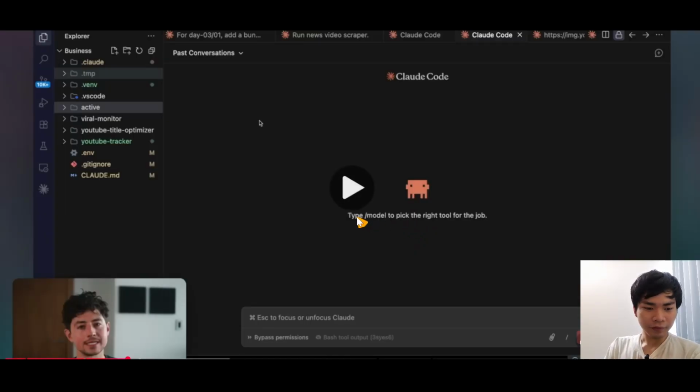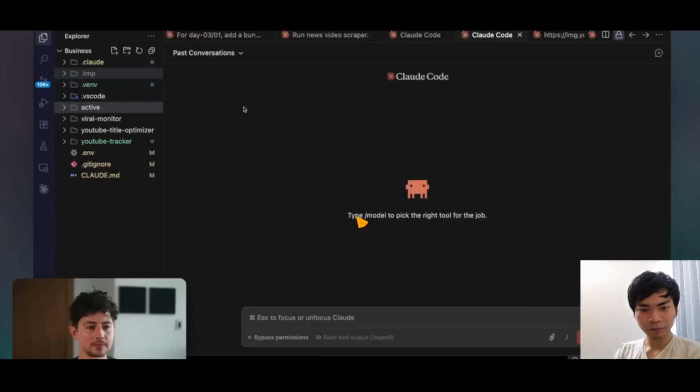Anti-gravity, which is super straightforward. If you don't know what anti-gravity is or how to get it, just head to the top right-hand corner of this video. I'm going to link a step-by-step guide on how to set it up, as well as what all the icons mean and how to communicate with it. But assuming you have it set up, it's very straightforward.